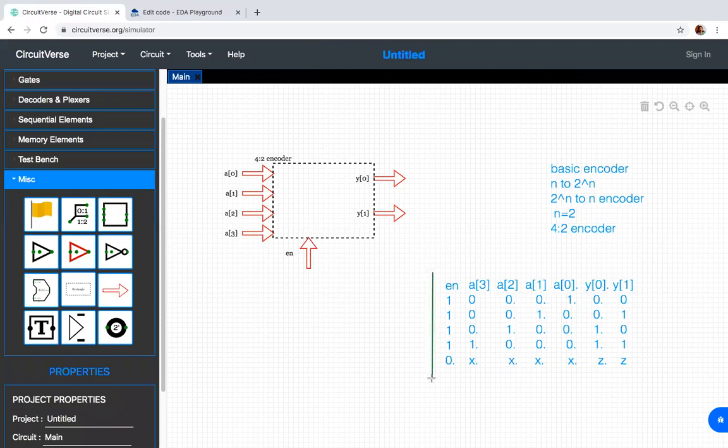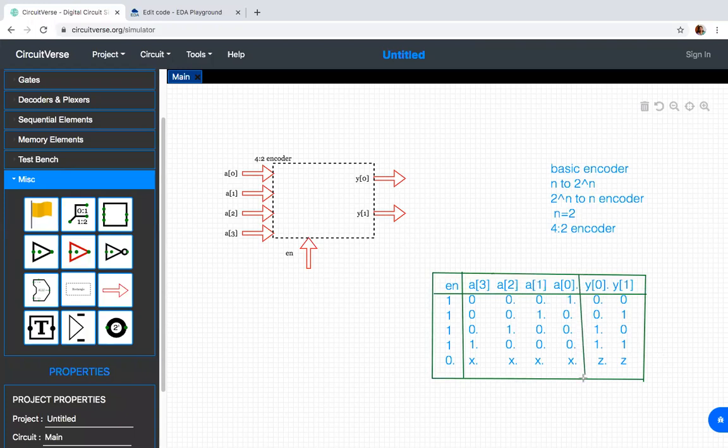This is the truth table which I have drawn, with the enable, all the inputs, and the output.